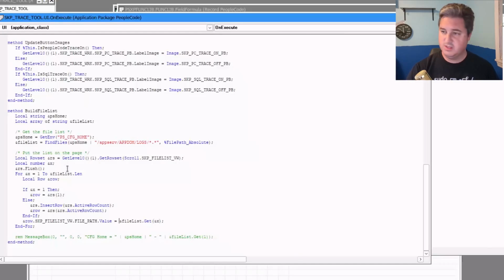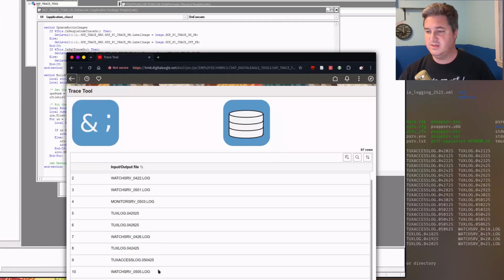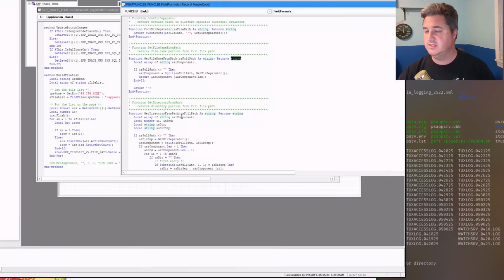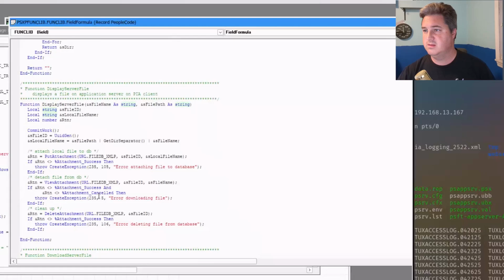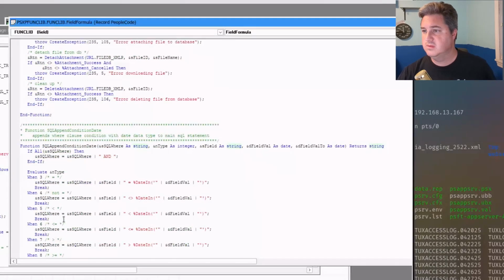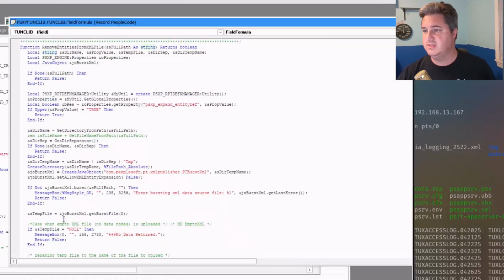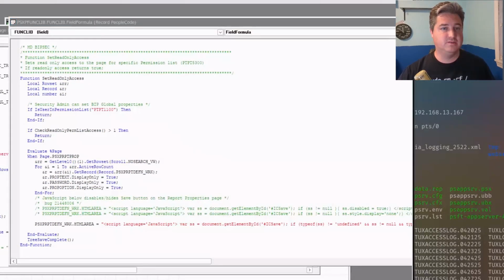How about this? Okay, so that's still there. So just out of curiosity, what would happen? Hey, look at that. Alright, my last thing is, is there anything, display server file, what we need is something to determine if it's a directory or not. And I'm not seeing something, so